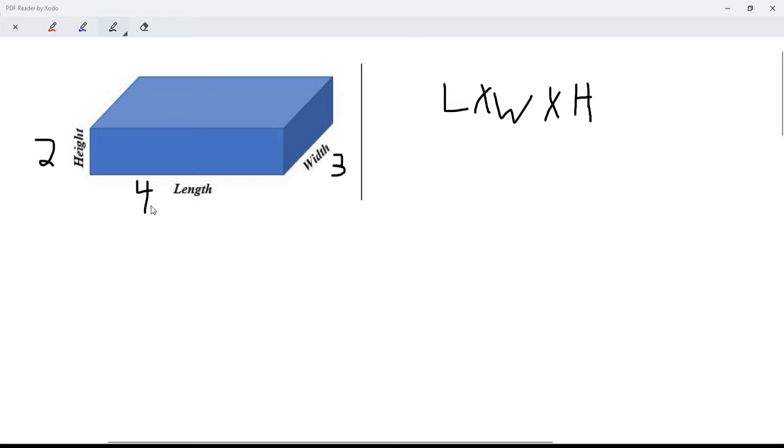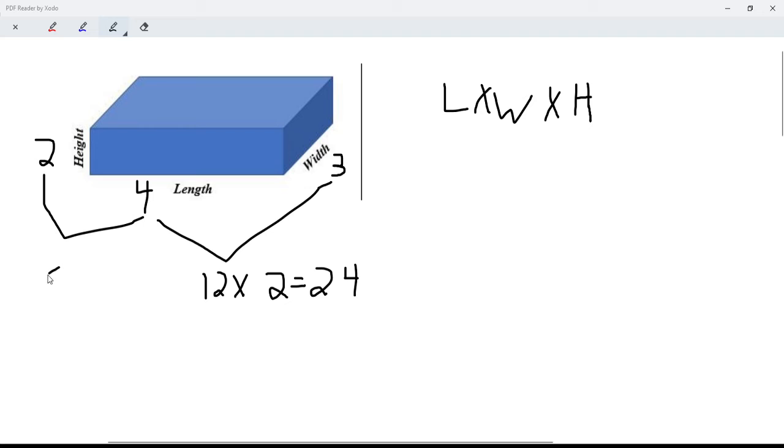So what we can do here is multiply these two together. 4 times 3 equals 12. And then times the height would be 2, which equals 24. 12 times 2 equals 24. Or we could do 2 times 4 equals 8 times 3 equals 24. Or we could do 2 times 3, which is 6, times 4